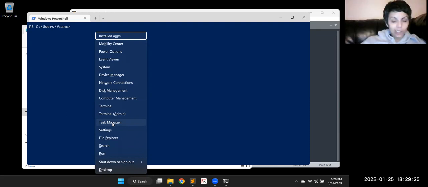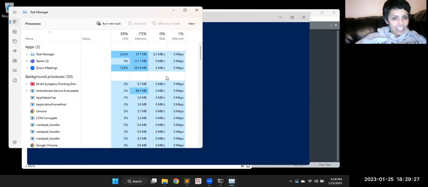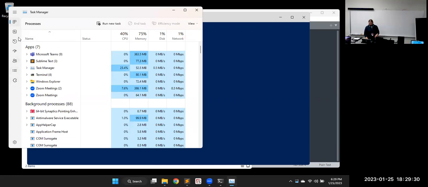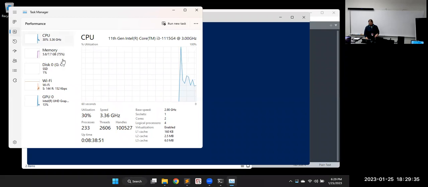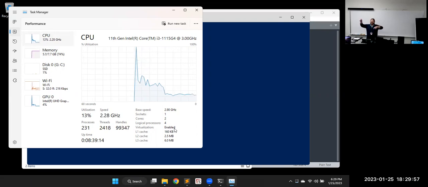Uh-oh. It's doing something, sorry. Go to Task Manager, if you're on a Windows system, go to Performance, and then select CPU. It will say whether virtualization is enabled or disabled. That's usually enabled by default anymore. If it's disabled, you have to change it in the BIOS, and you'll have to do some Google searching to figure out how to do that on your machine, because that is specific to which factory in China made the green plastic that all the other pieces are soldered to.